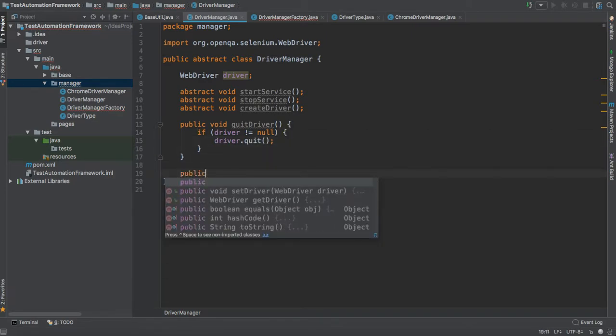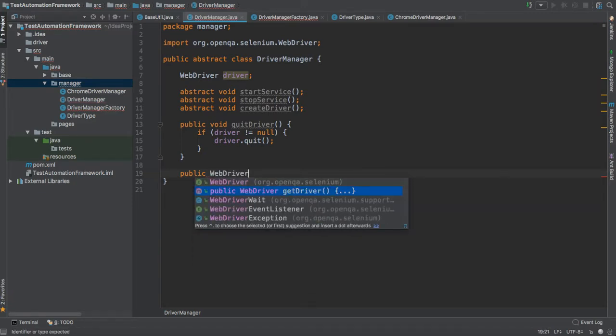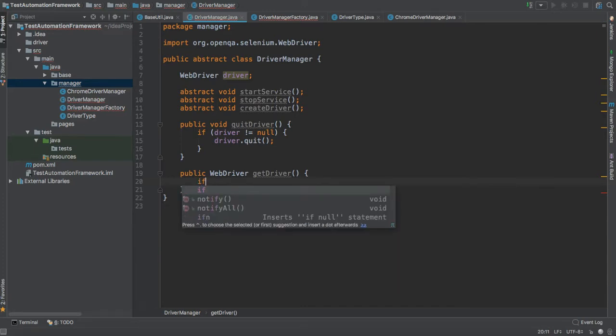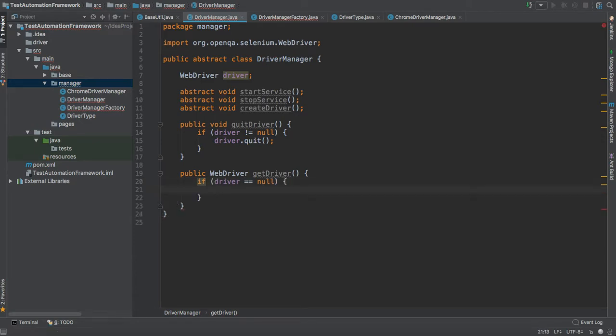Let's add another method, and this is going to be the get driver. Since I'm getting the driver, I have to have a return type of WebDriver, and let's call this get driver. So here I can add a similar if block like the quit driver. If driver is null, so basically if the driver instance doesn't exist, then I can call the start service method and the create driver method. And since I am using WebDriver as a return, I have to go out of the if block and say return driver. So this is the base structure of the driver manager class,